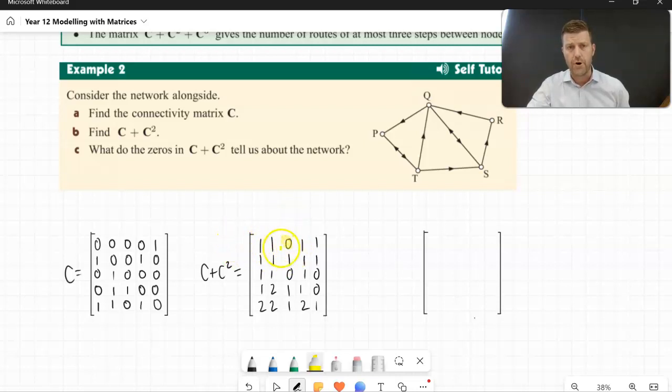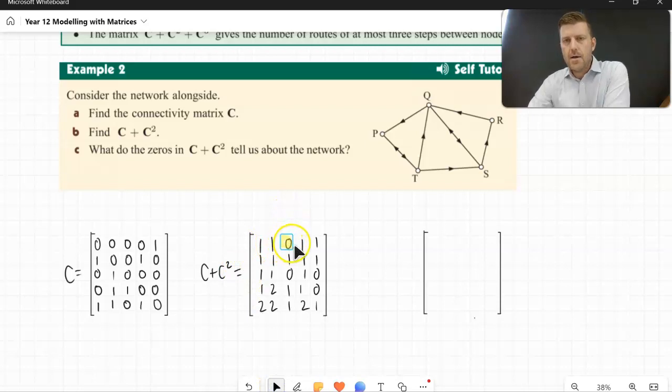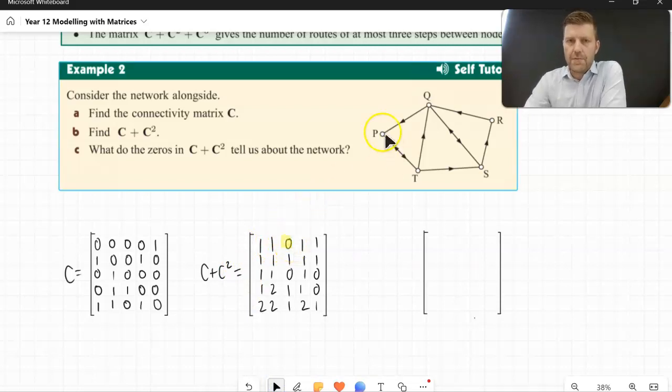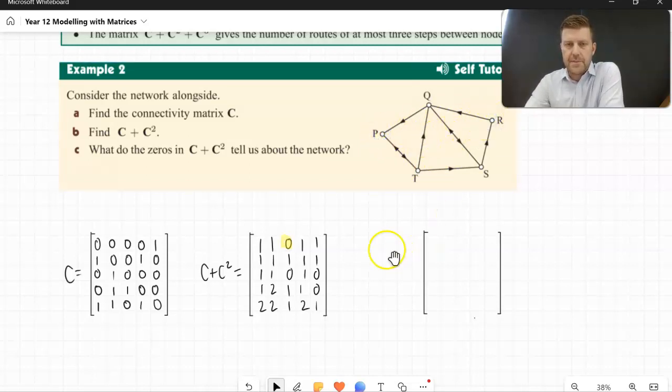So from node P to node R, we cannot travel from node P to node R in at most 2 steps. We need more than 2 steps to get from P to R, if it's possible at all. There is no way of getting from P to R in 2 steps. That's what that 0 represents. Again, likewise,